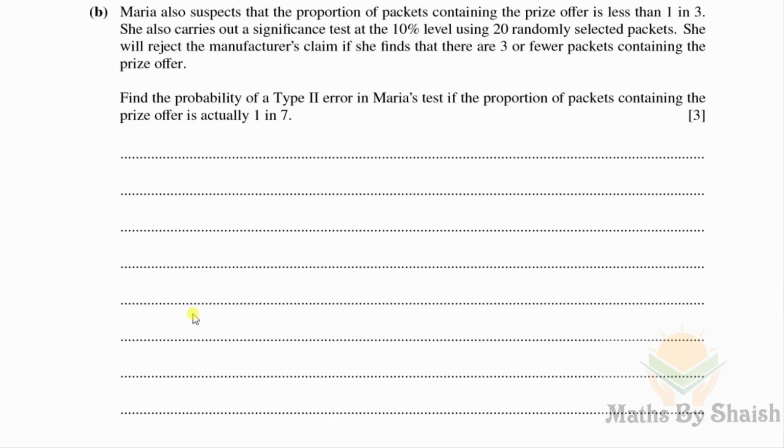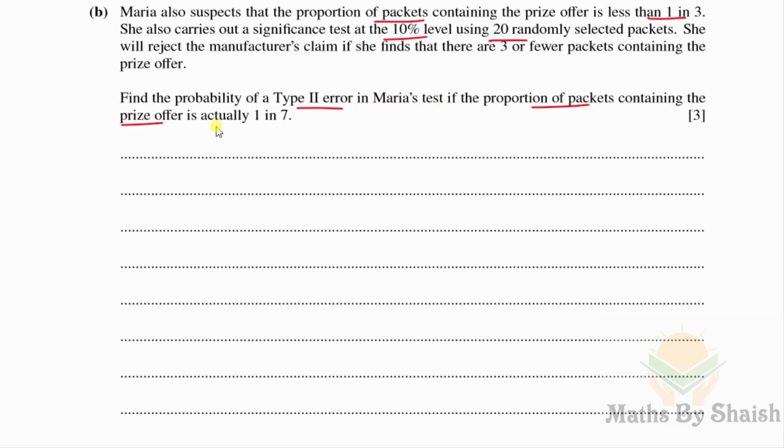Here's the B part. Maria also suspects that the proportion of packets containing the price offer is less than 1 in 3. She also carries out a significance test at 10% level using 20 randomly selected packets. She will reject the manufacturer's claim if she finds that there are 3 or fewer packets containing the price offer. Find the probability of type 2 error in Maria's test if the proportion of packets containing the price offer is